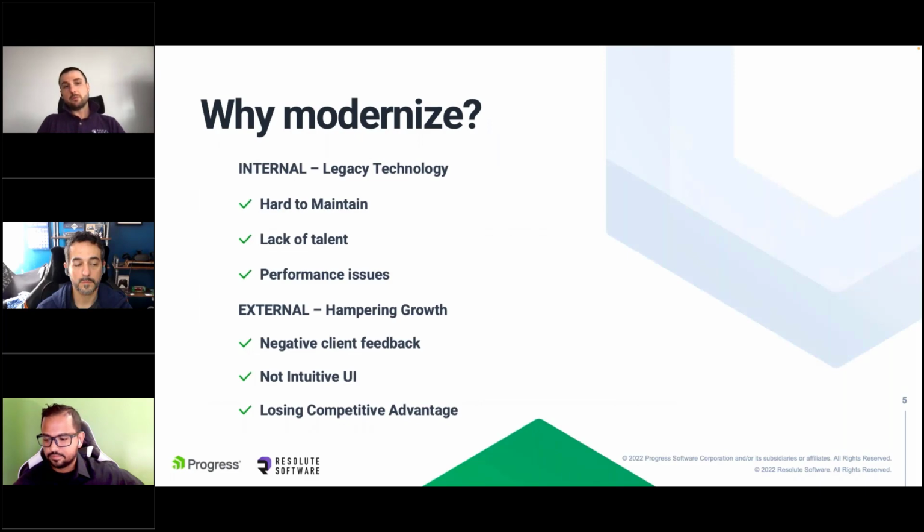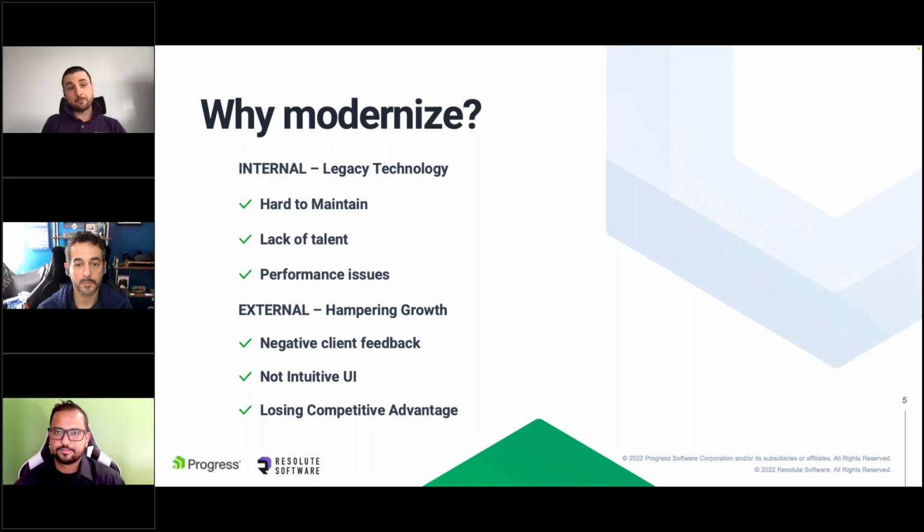Well, still, we see a lot of good reason for businesses to decide to modernize their web forms applications. Generally, we see two types of forces, internal and external, for deciding to modernize a legacy web forms application. Some of the internal forces include the typical characteristics of a legacy technology that pushes development teams to move on and really keep up with the latest and greatest generation of web development tools.